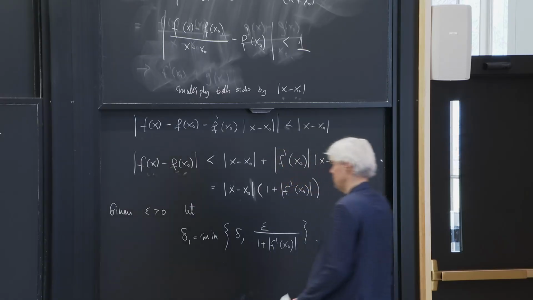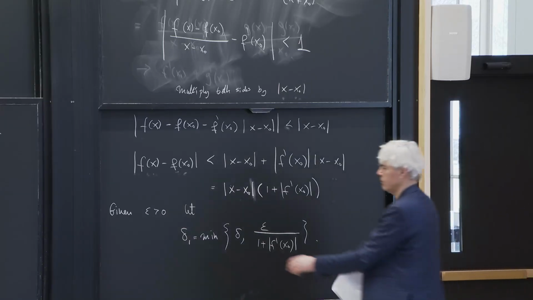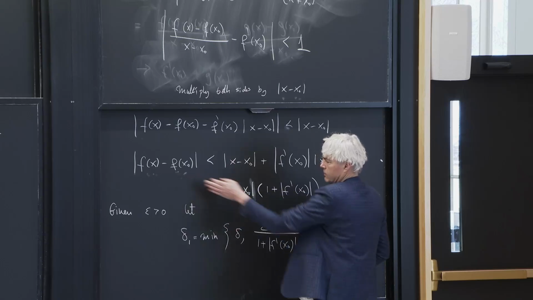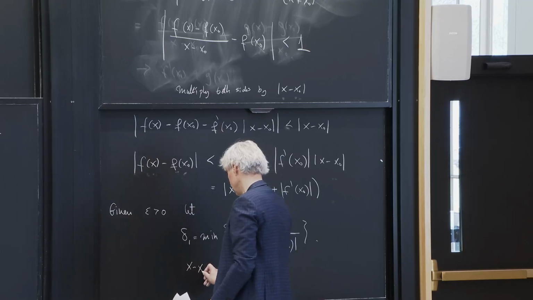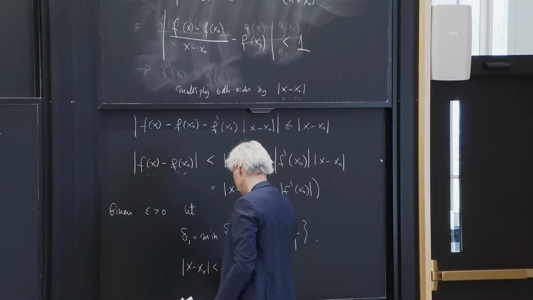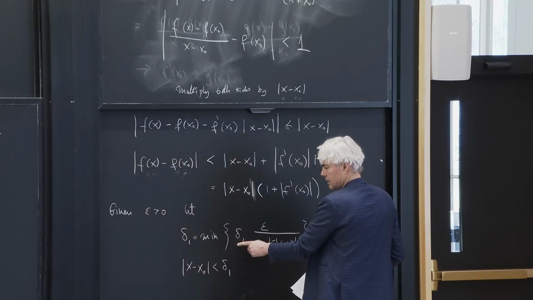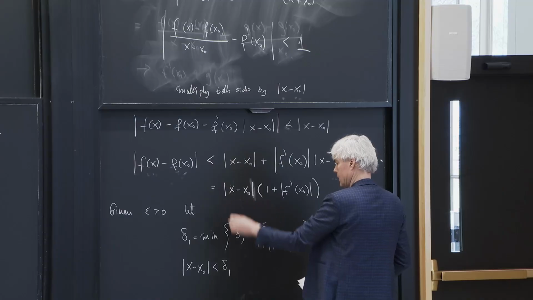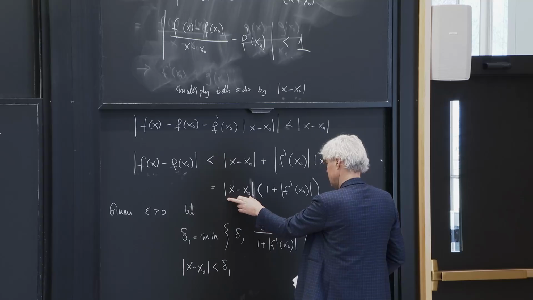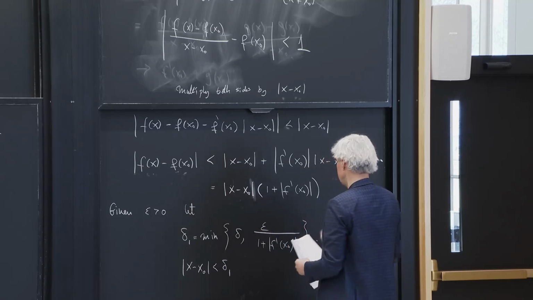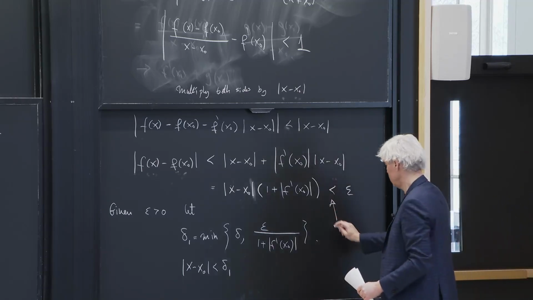Right. So if I choose delta like this, then I have this inequality. I fill in that, so now I'm assuming that this thing here is less than delta 1. So again, I have this inequality because it's less than delta. Then when I fill in delta 1 for this, I see that this thing here times this is less than epsilon. Right? This here holds